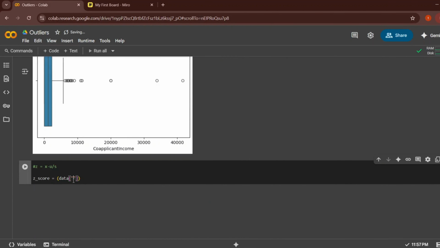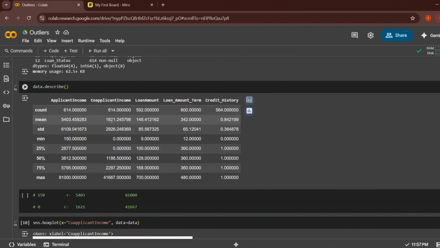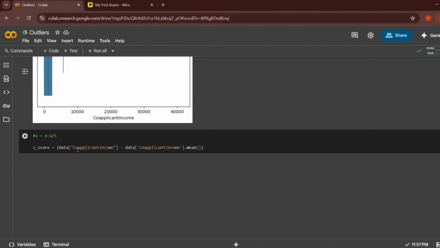So we would write data, co-applicant income, and next co-applicant income minus data co-applicant income. We write dot mean over here. It will fetch out this mean value from this description. So we write x minus mu, that is data co-applicant income minus data co-applicant income dot mean, and next